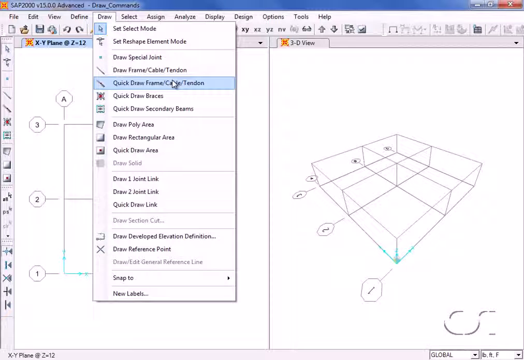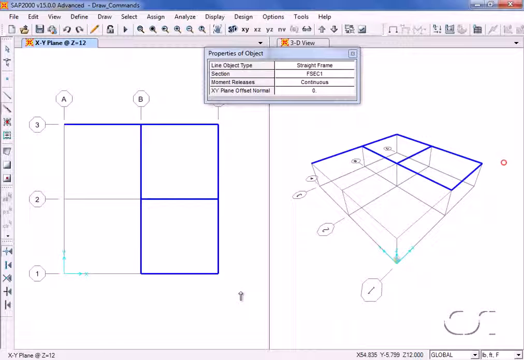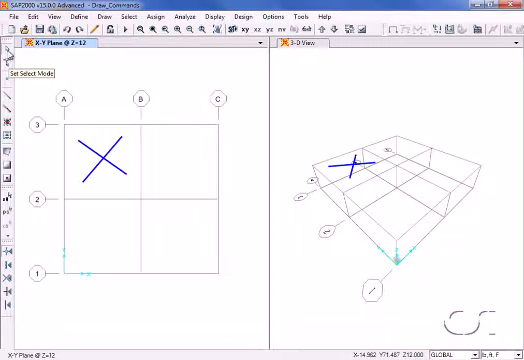The Quick Draw Frame command allows us to generate a frame on a grid with a single click, or on a number of grids by using a selection box. Once frames are drawn, there are a number of ways to edit and modify them. One way is to right-click on an endpoint,